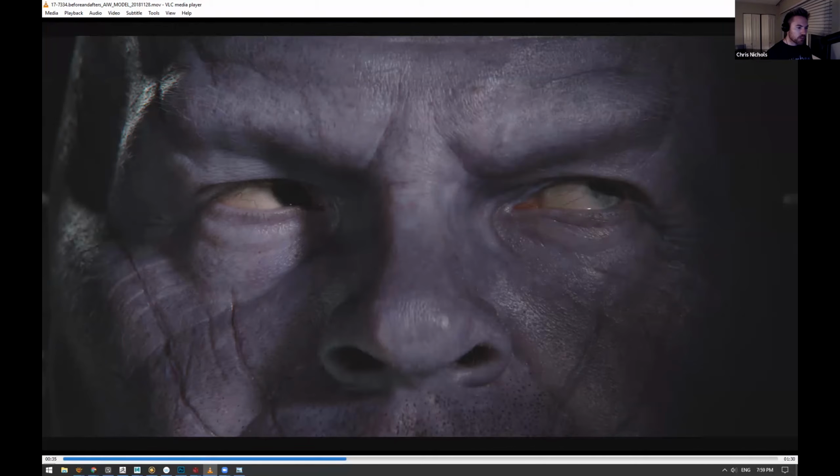And I was really fortunate to be able to do the look dev, create the skin shading for Thanos. And this really helped me inform my texturing as well, because I could do some texture work, color, bump, displacement, whatever it was, and then I could put that into the skin shader and get feedback very quickly, instead of having to send it over to a look dev artist to plug that in and do their thing. I was getting almost real-time feedback that I could fold back into my texturing.